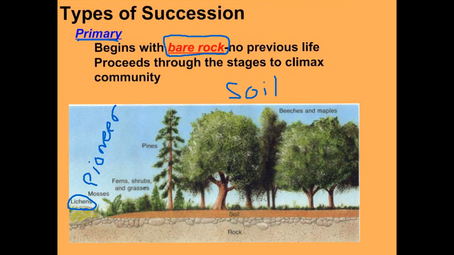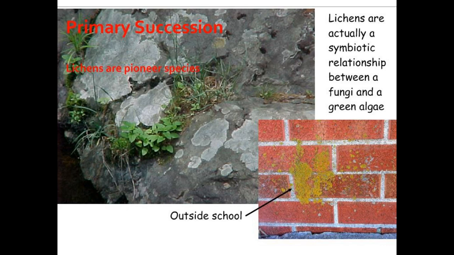And we see mosses and ferns and so on. And then we'll be getting some larger organisms in the cereal community. And eventually, over time, we would come to what we would call the climax community. So what are lichens, you may ask? Well, lichens are pioneer species, and they're typically found growing on rocks, as well as maybe bricks, or even on